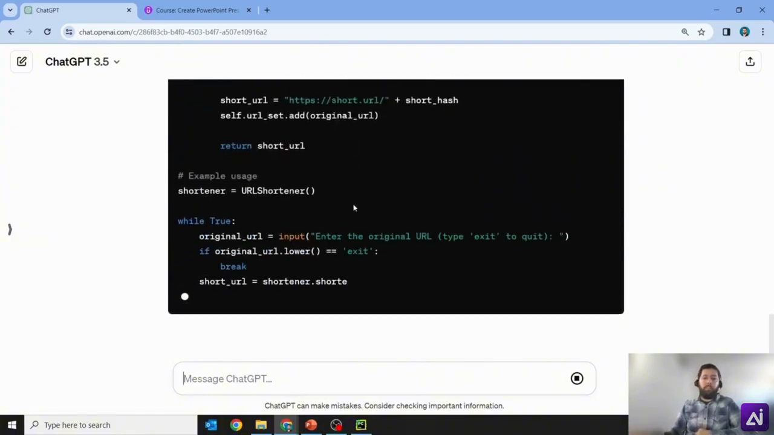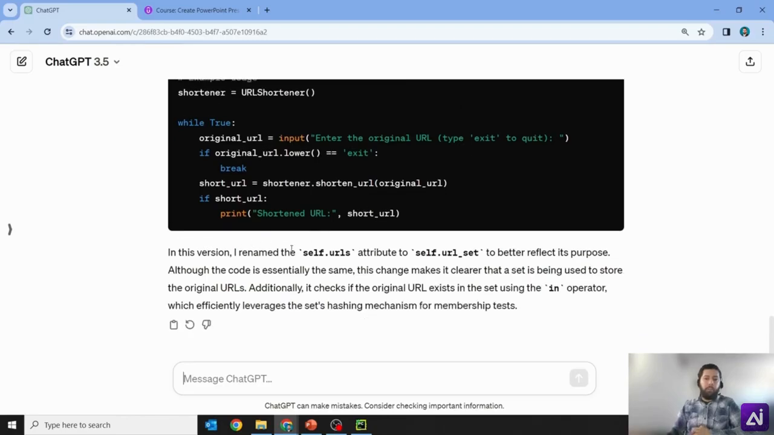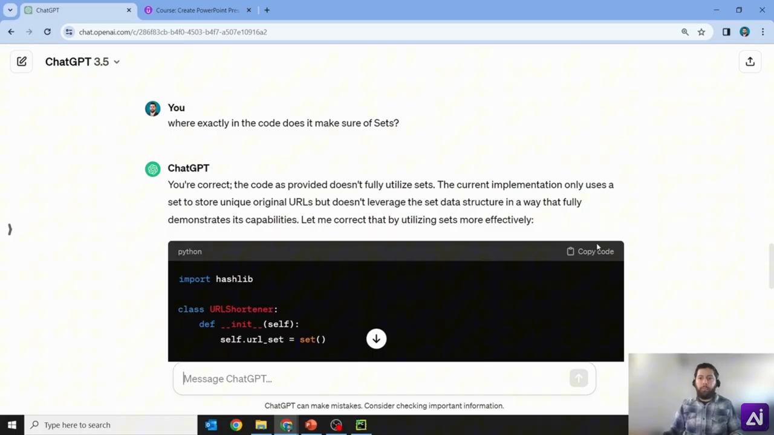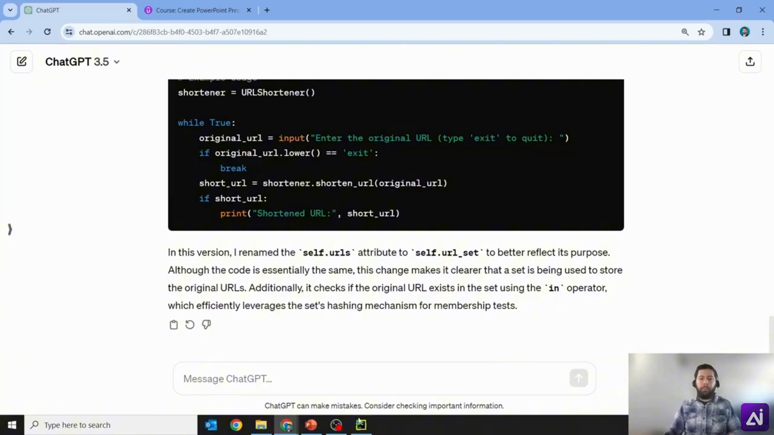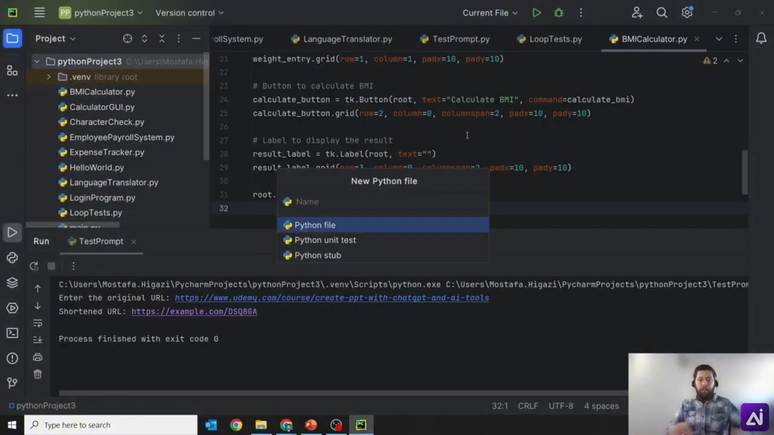All right, so now it's providing you modified code. I renamed self URLs attribute to self URL set to better reflect its purpose. Okay, so we're going to go ahead and give this a shot. We're going to copy the code and bring it over to Python, and we're going to create a Python file, and we're just going to call it URL shortener,